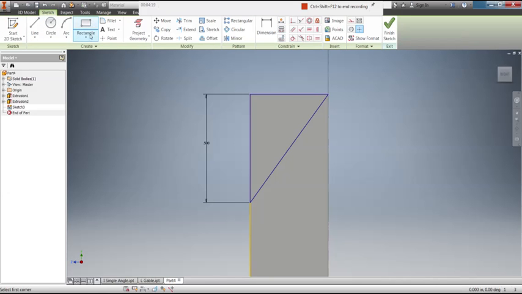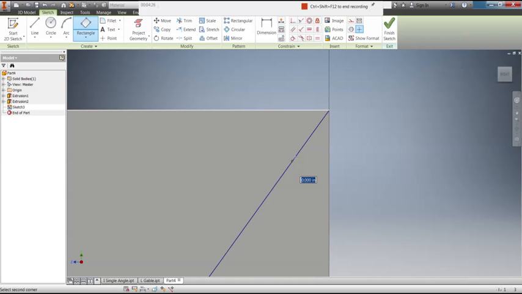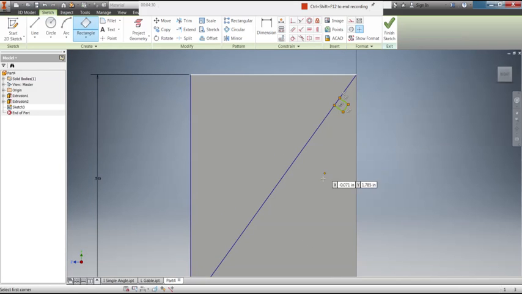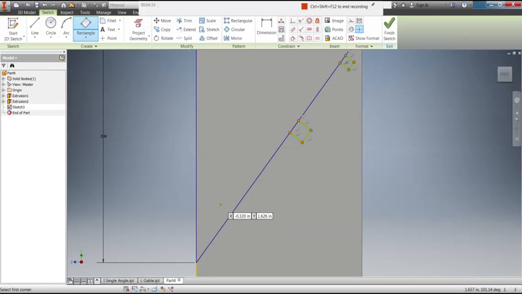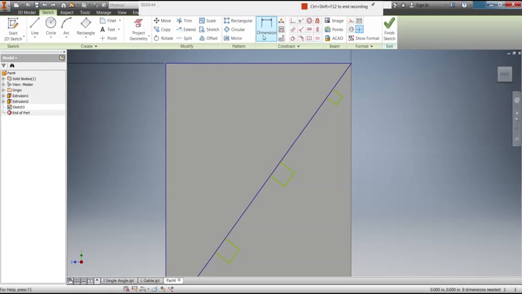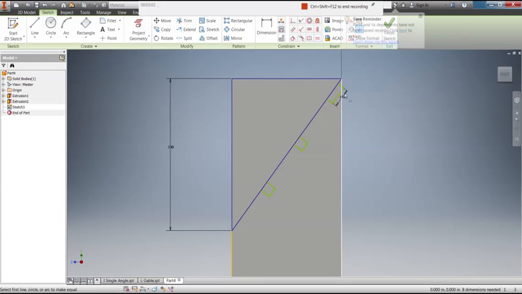So I'm going to start by creating rectangles. I'm going to do a 3-point rectangle so that I can do it at an angle. So I'm going to do a point here, and then out here. I'll go ahead and make all 3 of them right away. And then I will set dimensions for them. So I'm going to make these. It's tricky sometimes at an angled dimension to make sure you're getting the length of the line. So usually if you click when you're close to it and pull it out, that works well. 1/16 of an inch there. I could actually just use the equal tool now. I want this to be equal to this. I want this to be equal to this. And just go all the way through,